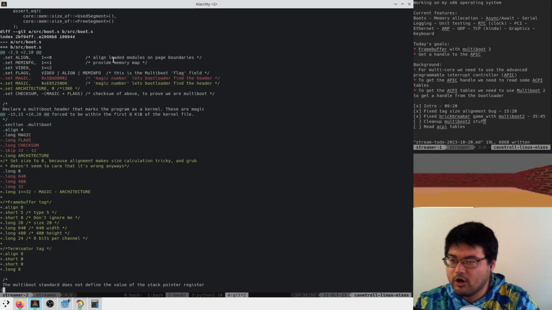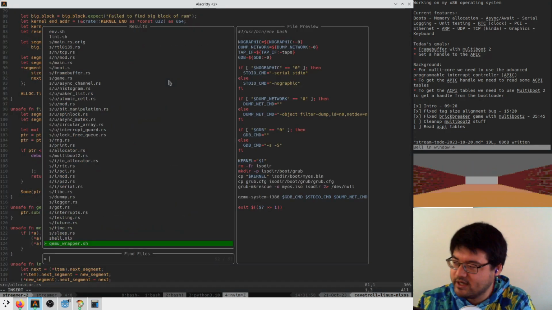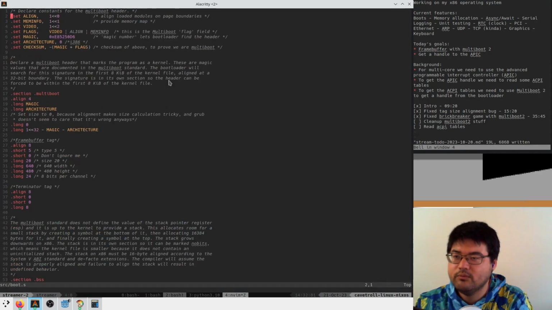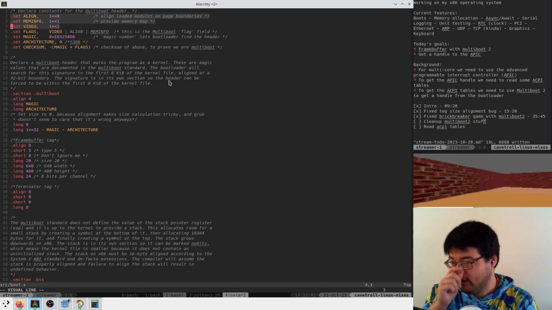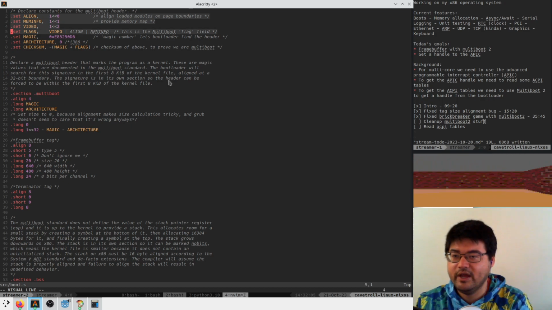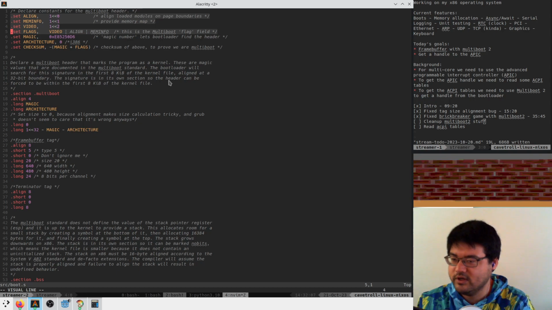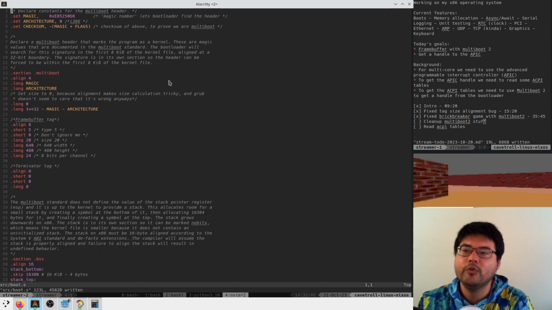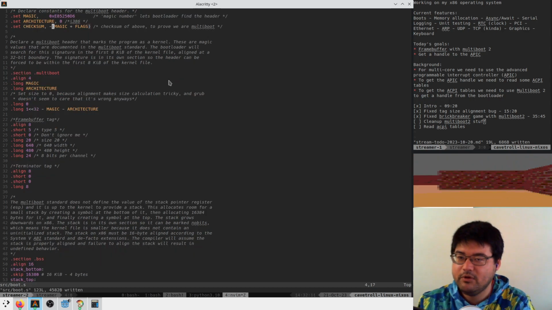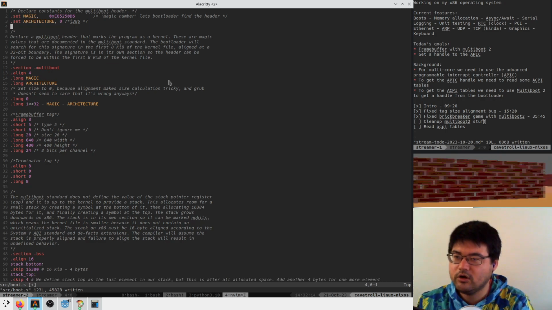We probably need to clean up our boot.s stuff a little bit because some of these tags that we were using before aren't really needed anymore. So this was multiboot 1 stuff that we don't need. The flags are no longer part of it. Instead, we pass in these tags directly. This magic is still the same, but the checksum is no longer this.